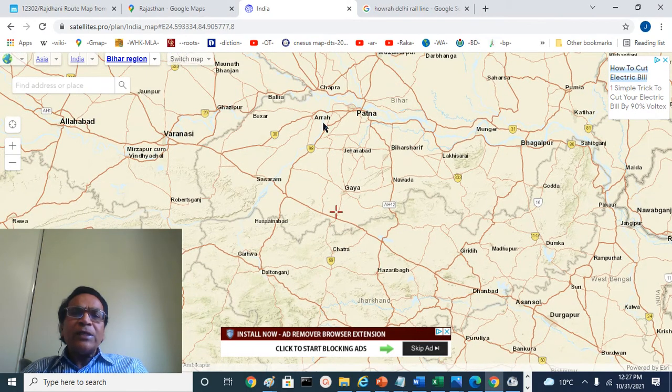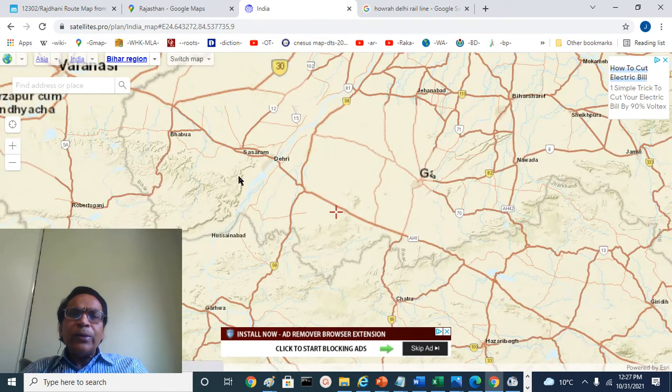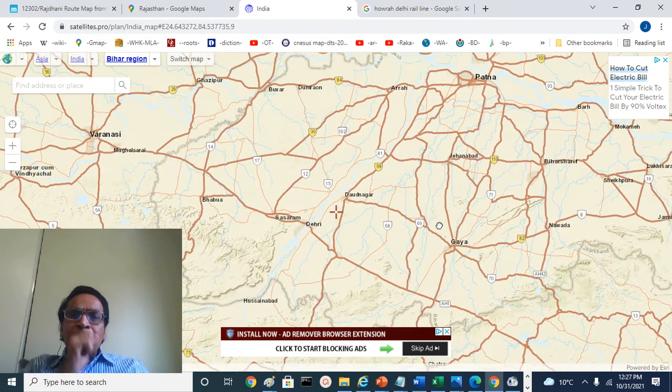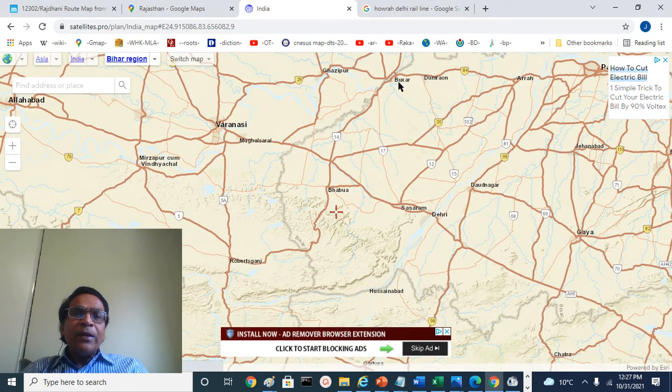Then it crosses the Sonpur river or Son river. I can see Patna, the Son river at Kolwar near Ara, then goes to Buxar, the place where the British won the major battle against Mir Qasim, Nawab of Bengal, and Shah Alam, the Mughal emperor, Ali Gohar,